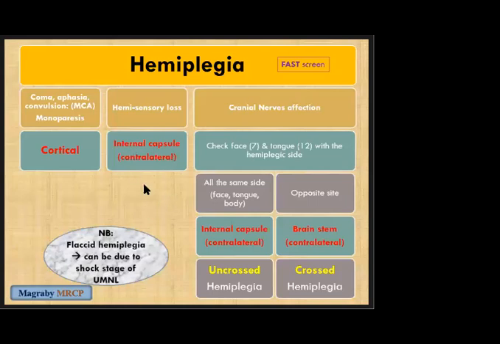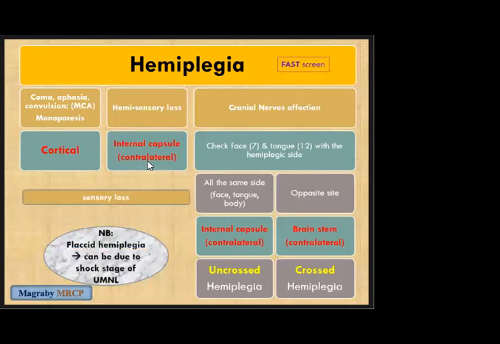Or there is an internal capsule affection, as we mentioned before, in the pathway of the pyramidal tract. The internal capsule, if it's affected, will lead to contralateral side of the body motor affection. Okay, because the pyramidal tract passes from the cortical area till the medulla, till the end of the brainstem, then it starts to decussate below at the level of the medulla. So any affection in the internal capsule will lead to a contralateral side of the body affection. Let's go to the issue of